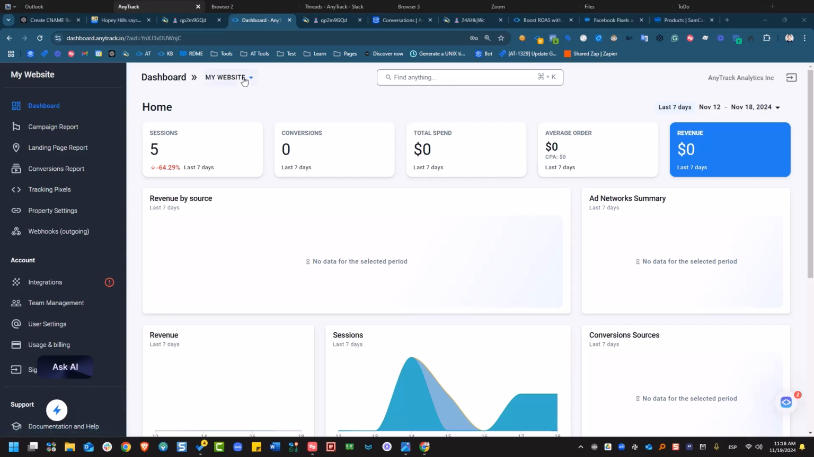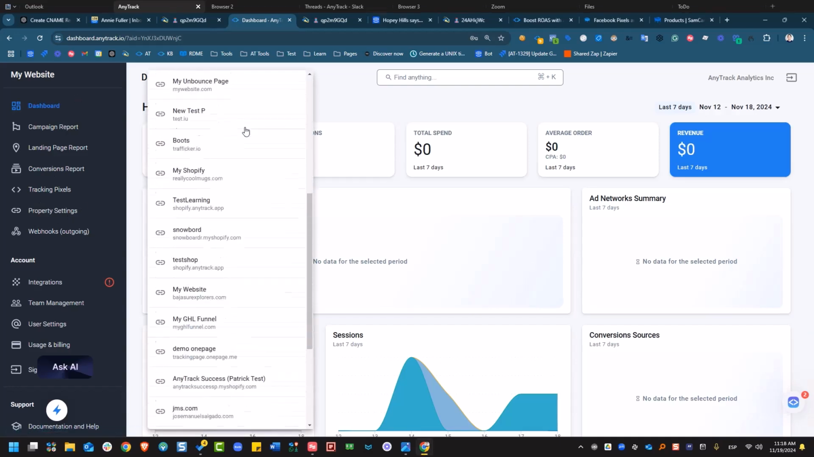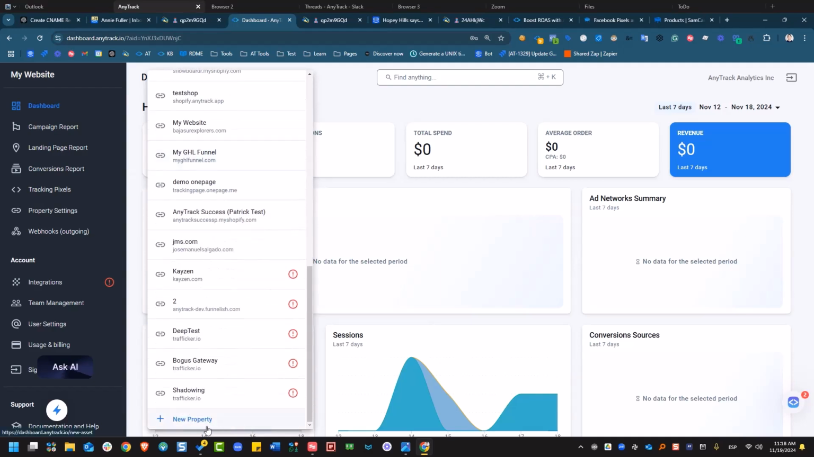So the first thing that is needed is a property. If you have not yet created a property, go to the dashboard and on properties create a new property. I have already created the property that I'm going to use. So select the property